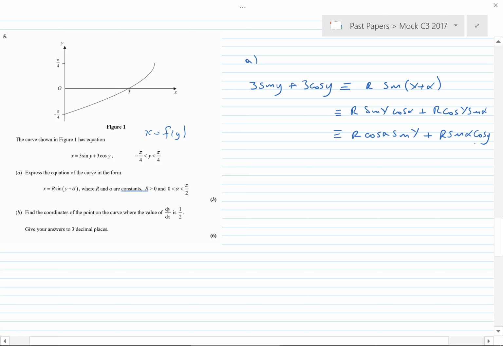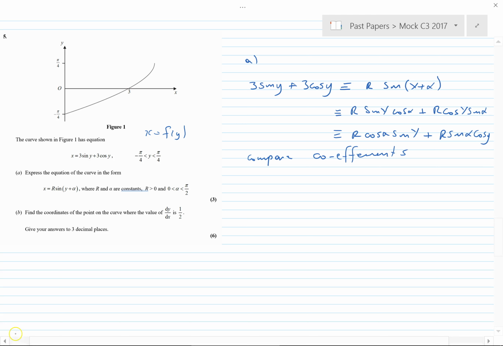Okay, so that means that I can compare the coefficients of these things. So I can compare coefficients. Now, for those of you who may be thinking I'm making a meal of this, or you might even be drawing a triangle, or just saying that r squared is equal to 3 squared plus 3 squared, that's fine. I'm just perhaps doing this one a slightly longer way, just to justify